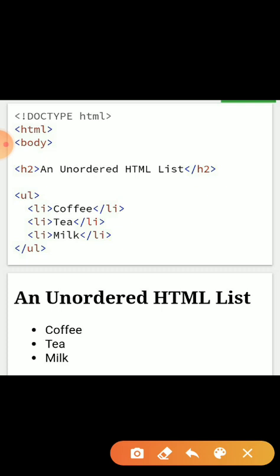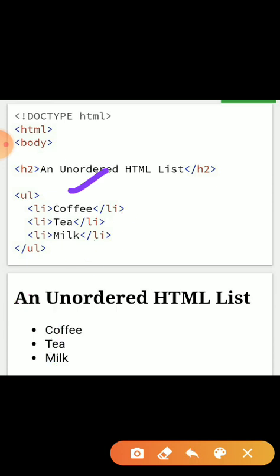The first one is the unordered list. An unordered list is a collection of related items that helps us create a sequence but not in a specific order. So how will we create the unordered list? Inside the UL tag. We just write the opening UL tag and the closing UL tag. The full form of UL is unordered list. Each item in the list is marked with a bullet sign. The output of this is in bullet signs, so that's why it's also called the bullet list.